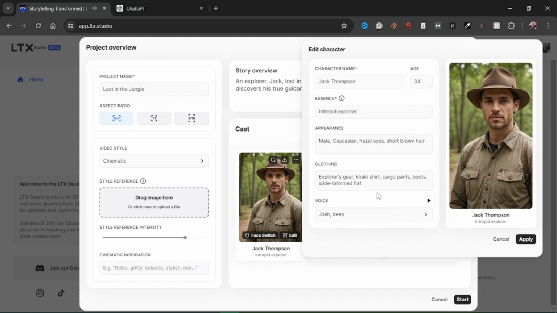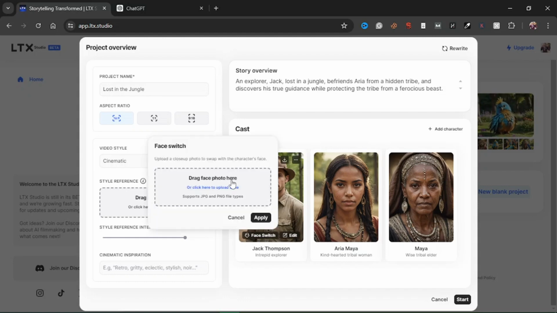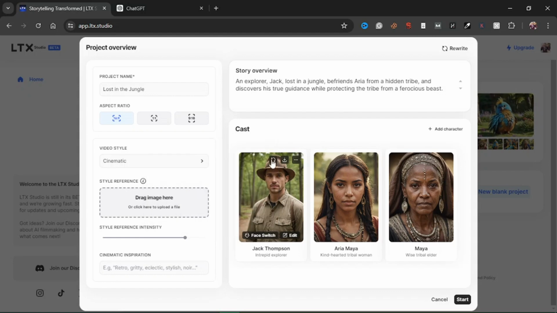All right, so this is a tool that really just generates all these things out of the possible imagination that you might have. If you are satisfied with this, you can just click on apply. If you don't like the name, you can still change it. If you want to switch the face, you can click on the face switch and either upload a face to attach to it, or it could generate one by itself when you click on regenerate. If you like this character as it is, you can download it, or you can duplicate the character. So now that we have all these 3 characters from a very simple prompt that we just generated,